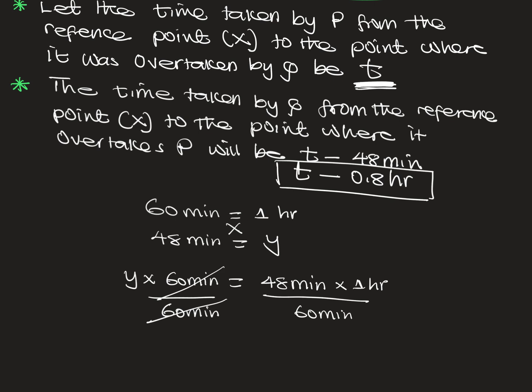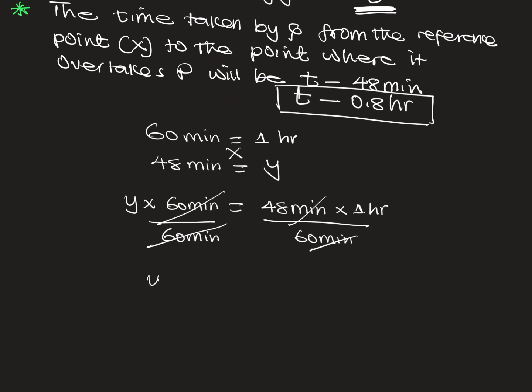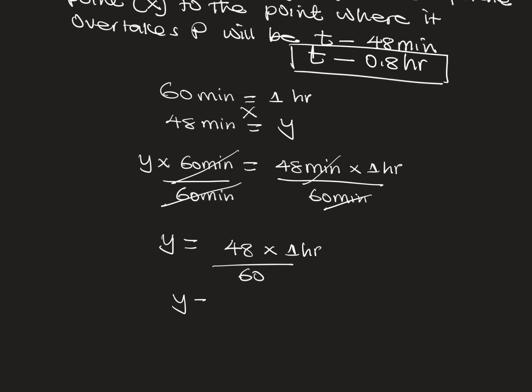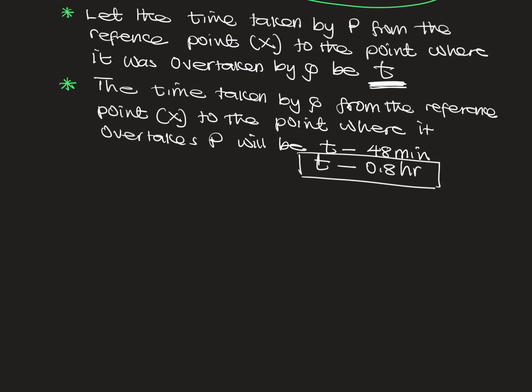This will cancel this, the minute will cancel the minute. So you'll have y is equal to 48 times 1 hour divided by 60. So 48 divided by 60 is what gives you 0.8 hour. We said that the distance